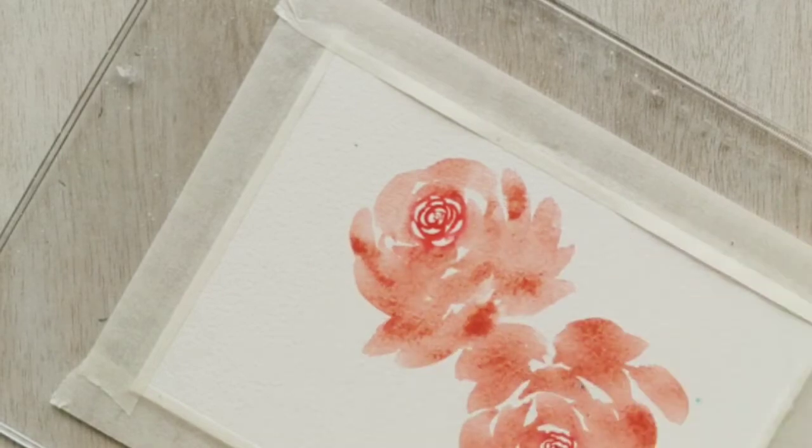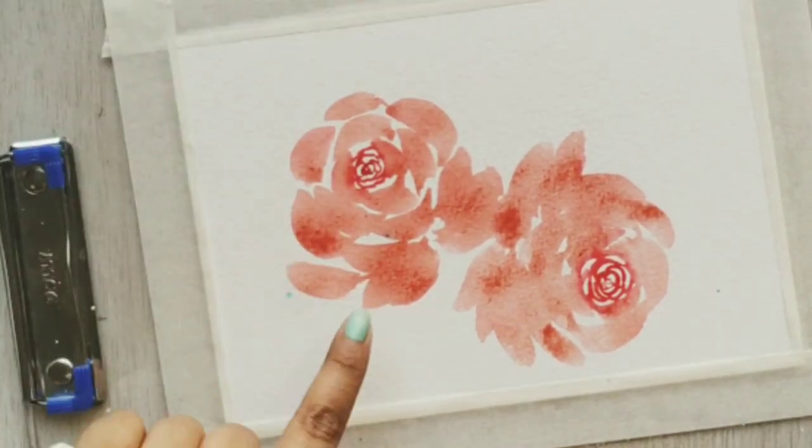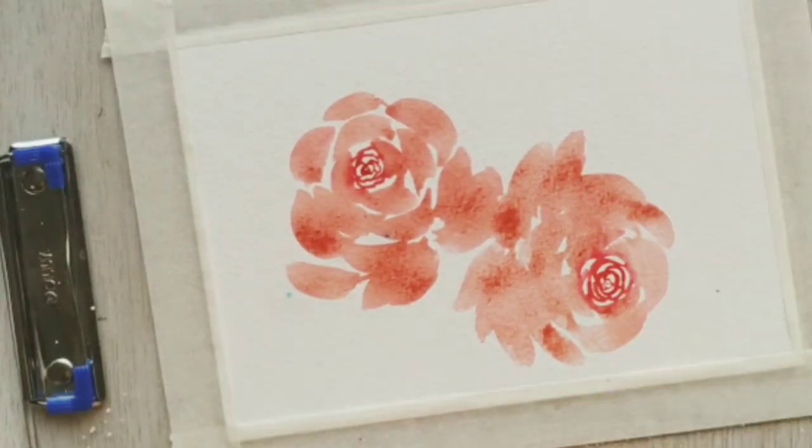All right, so both my roses are now done. Can you see one of the roses looking this side, one this side? So here there is a lot of white gaps. Let me just not do anything right now. Let's make some